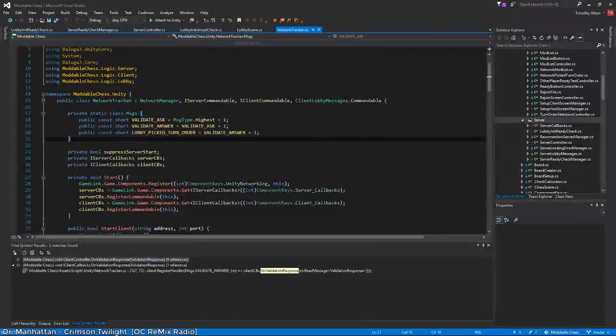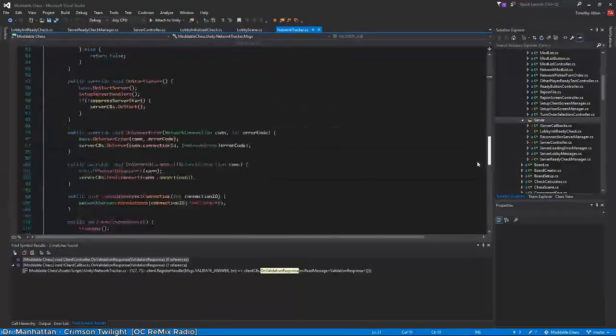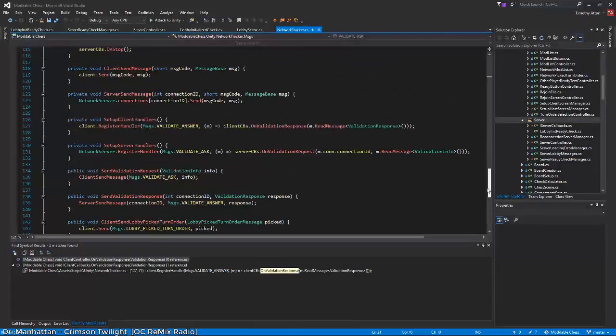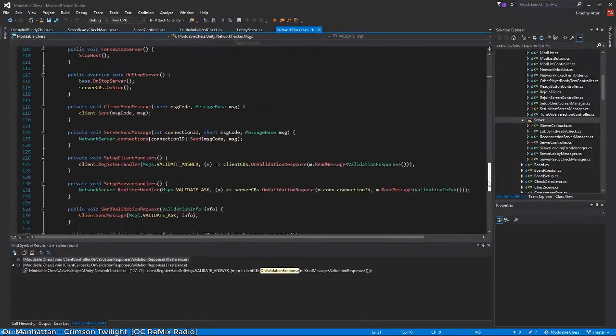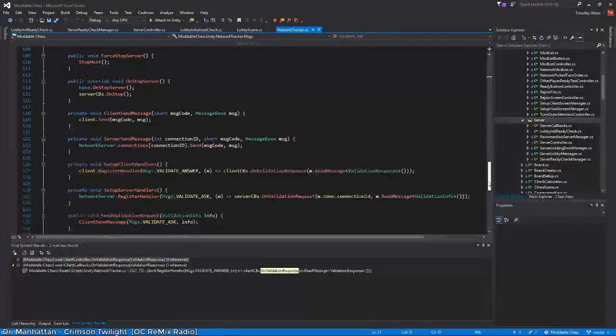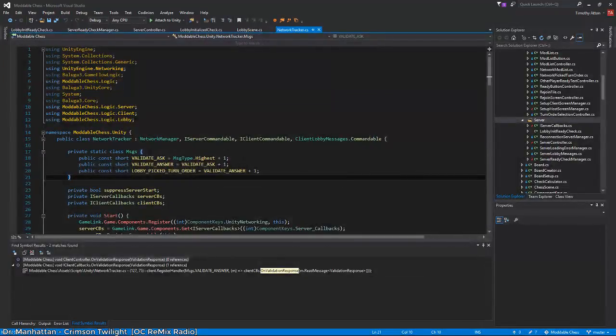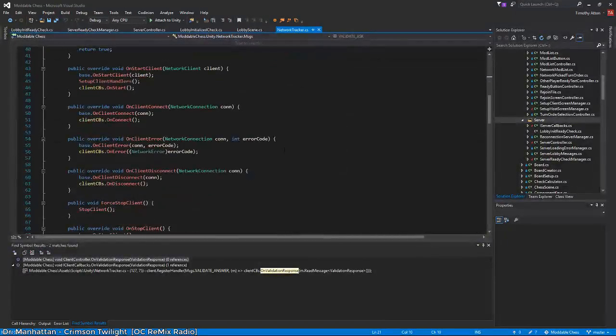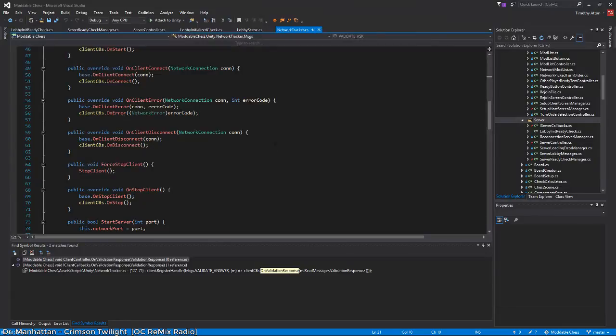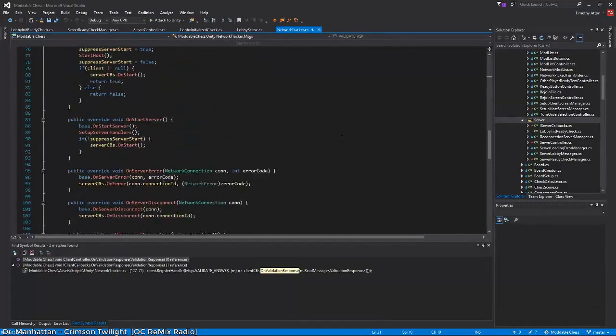I've been trying to do these interfaces, but I don't think it really helps any. Might be kind of nice. Might be nice actually if we had some registry up here,